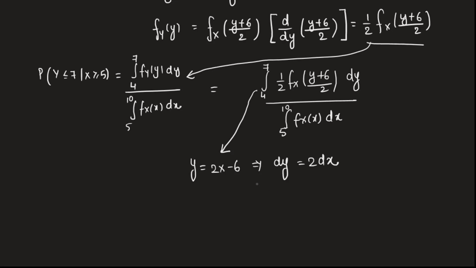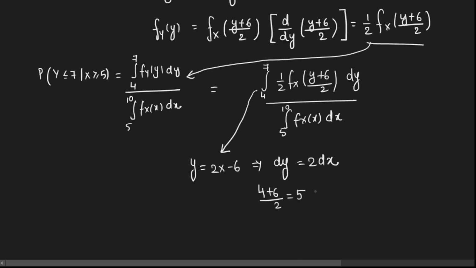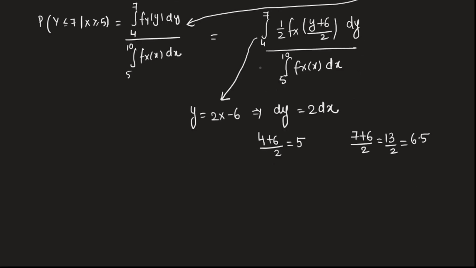Then the lower limit of this integral becomes (4 plus 6) by 2, which equals 5, and the upper limit of this integral becomes (7 plus 6) by 2, which is 13 by 2 or 6.5. After making this substitution, we get